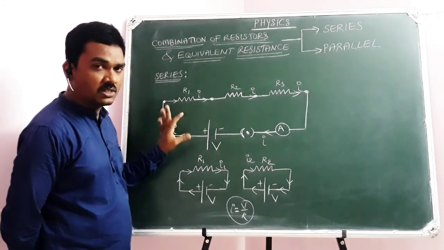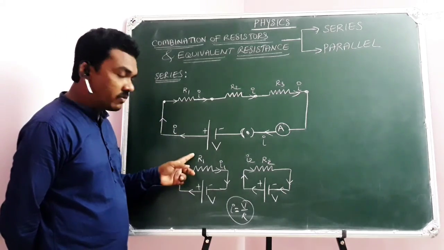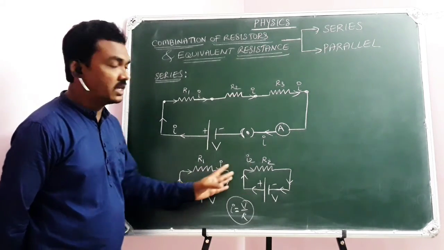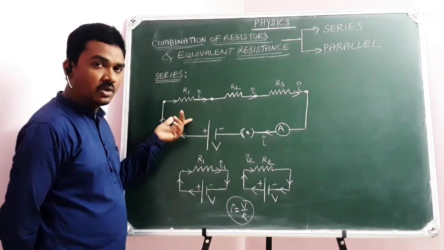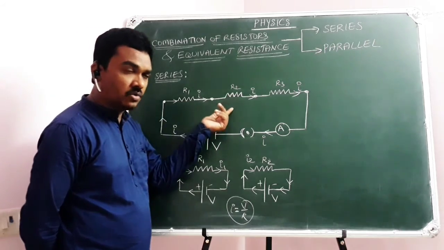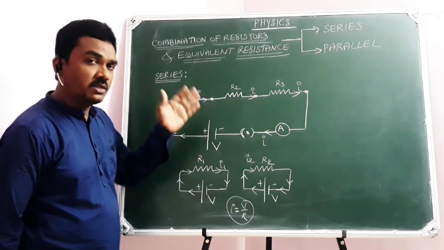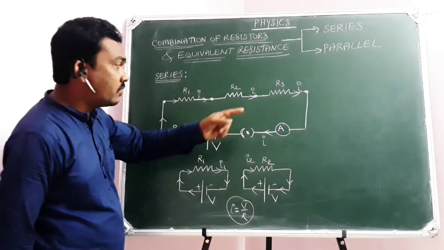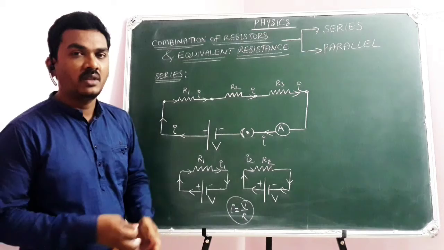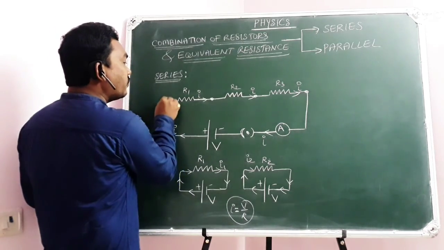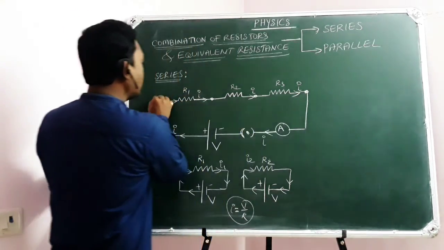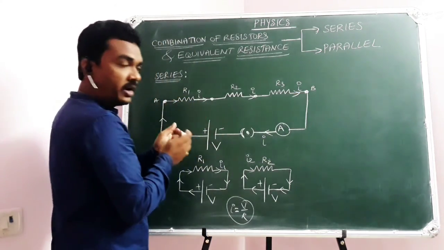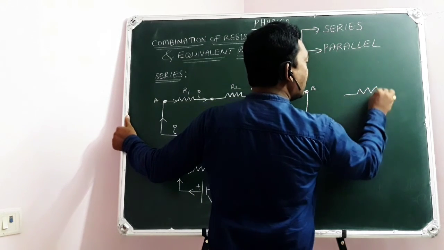They don't offer R1 resistance in this electric circuit. Here it offers R1 resistance, and it offers R2 resistance since they were connected alone. But in this electric circuit, it neither offers R1, nor R2, nor R3. It offers a resistance which is the equivalent resistance of this entire combination. I mean, the series combination of three resistors between the two points, suppose this is A and this is B, can be replaced with a single resistor.